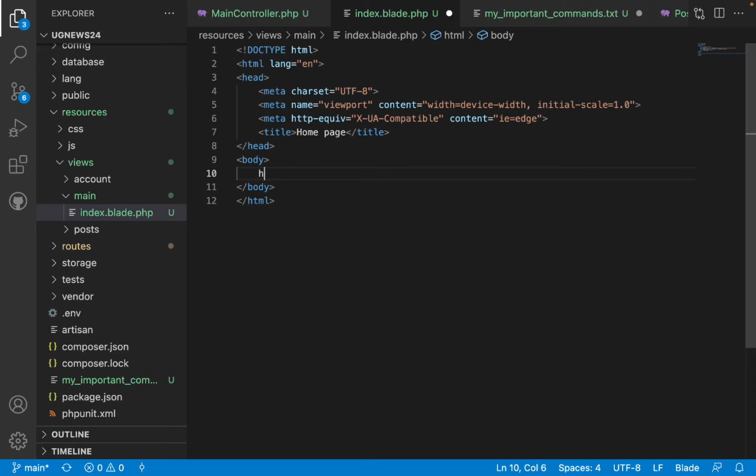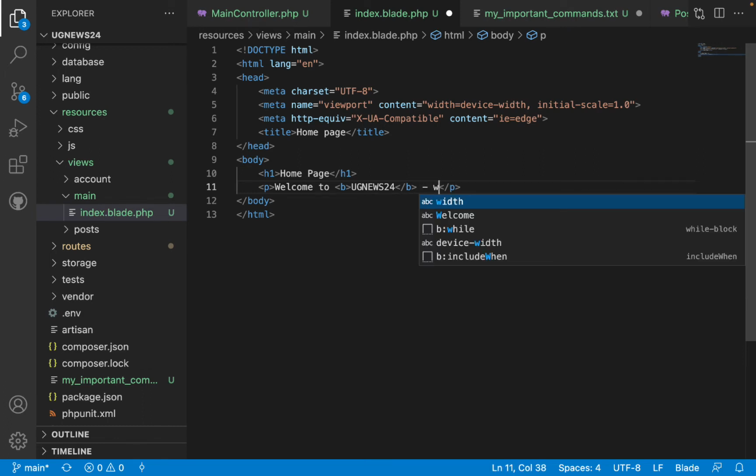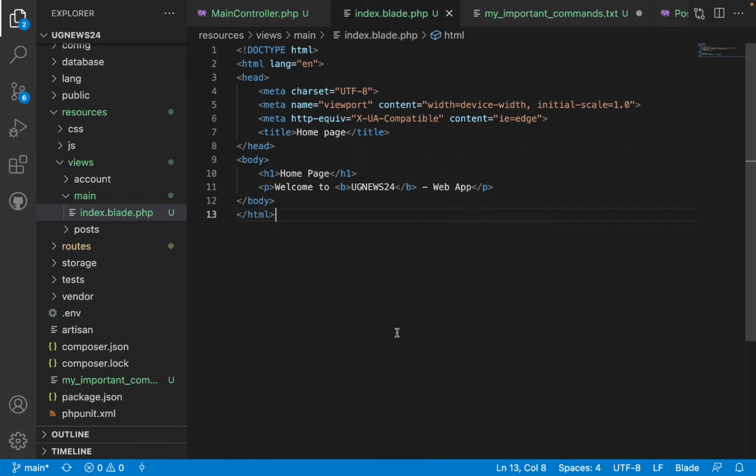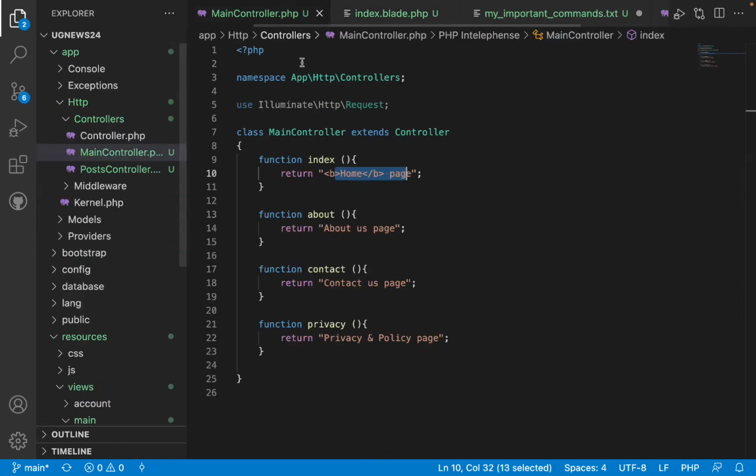I can write here my h1, and I say this is home page, and I can write here my p tag. You see, I'm writing now with simplicity because I'm writing HTML. Welcome to UG. Let me put here bolded, maybe UG News 24 web app. So you see, I'm writing my HTML with simplicity, other than putting things inside the brackets,